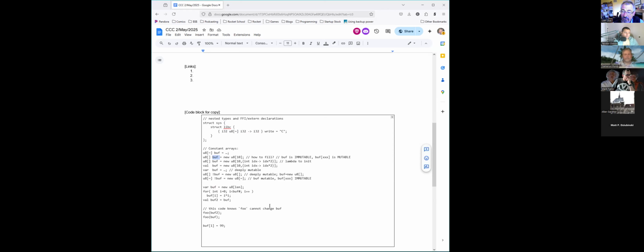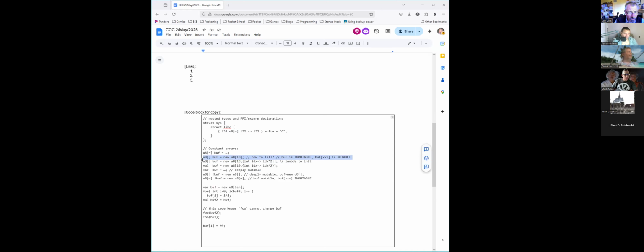So buff here, when I've highlighted the buff, that is immutable. The contents of buff defaults to mutable. Yeah, I hate that distinction too, because it kind of mirrors C, where you don't really have arrays, but you have something that decays to a pointer, and then even though you say that's constant, it's just the pointer that's constant, but you can modify the array. I actually absolutely hate that distinction too. Yeah, well, I'm stuck here for the same reason.